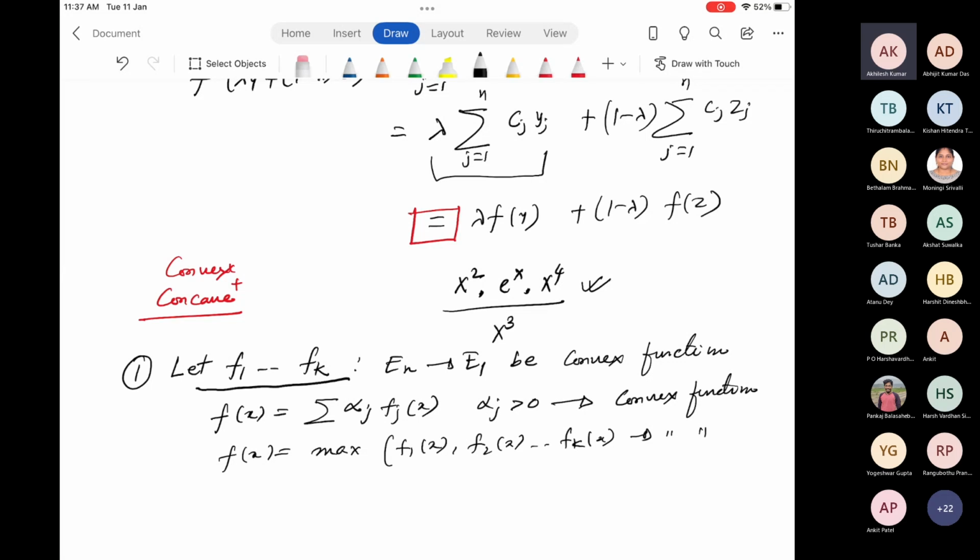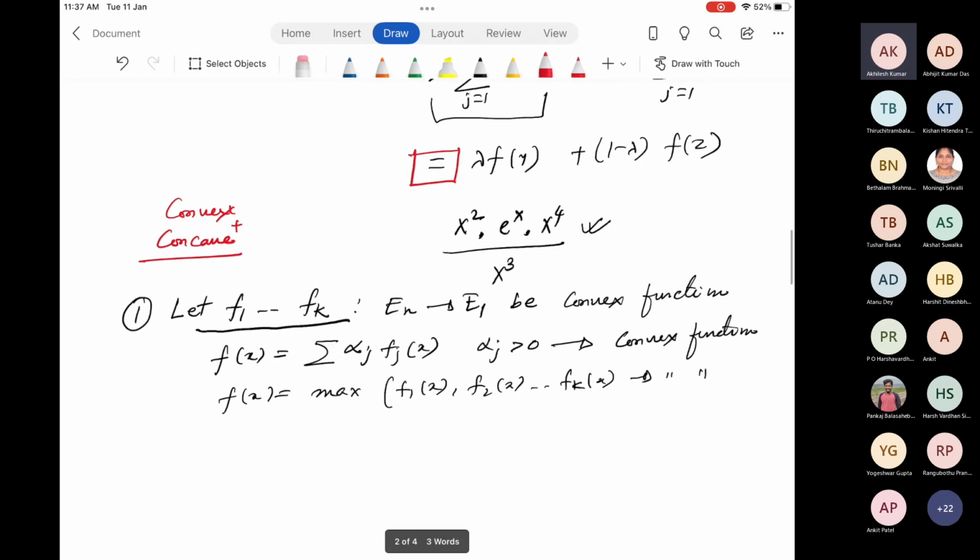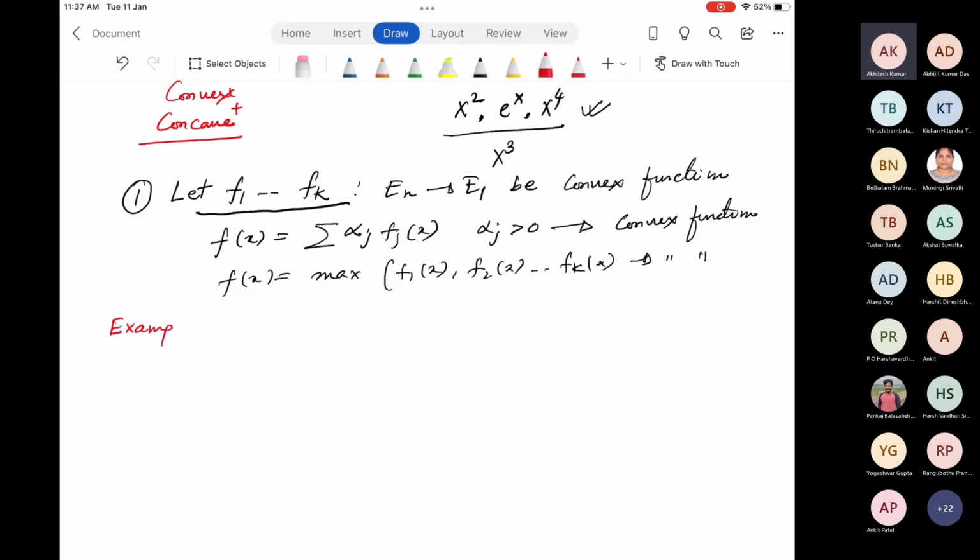Is that okay? So I've already given you exam problems. I'm just giving this example. We'll maybe solve it next class, as I promised that by 11:37 I will leave. So just one example, I will just write it. We'll discuss it next class, or you guys please try to solve it, and then we will discuss it in the class.